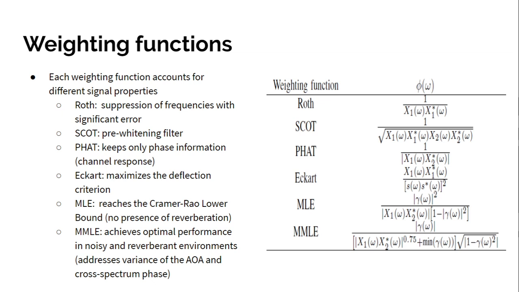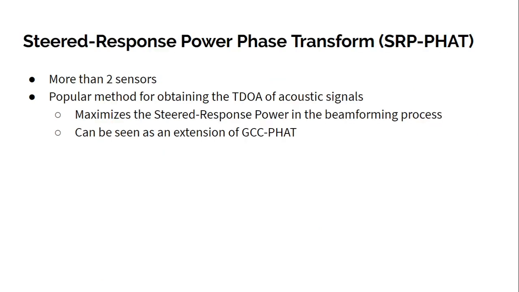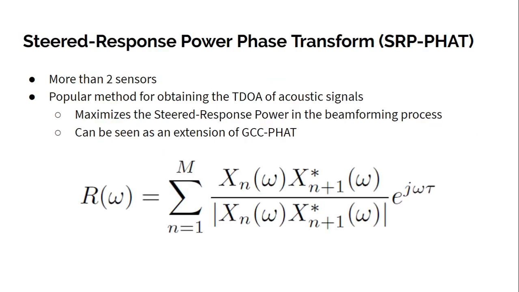We're going to see how each of these filters behave in different scenarios later on. The other method that we can use to calculate the time difference of arrival is the steered response power, the PHAT here in the name. In this situation, we can use more than two sensors, but for each of them, for each correlation process, that